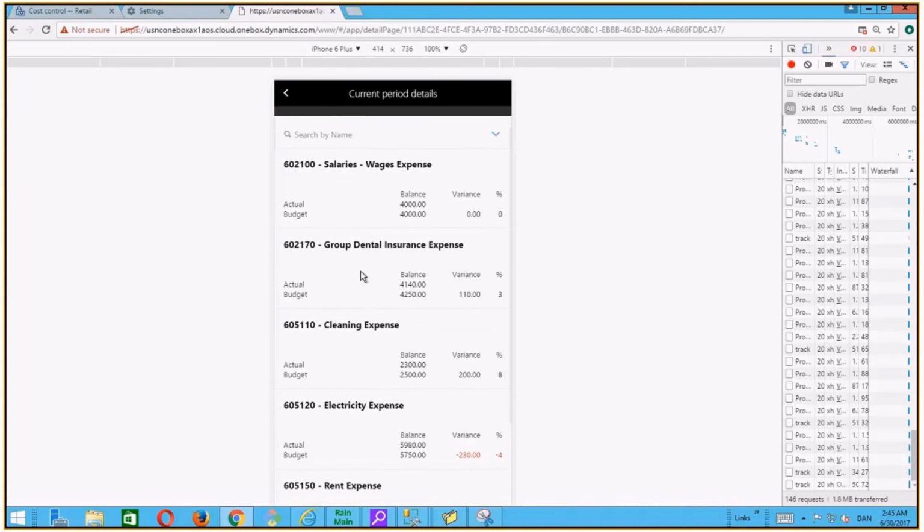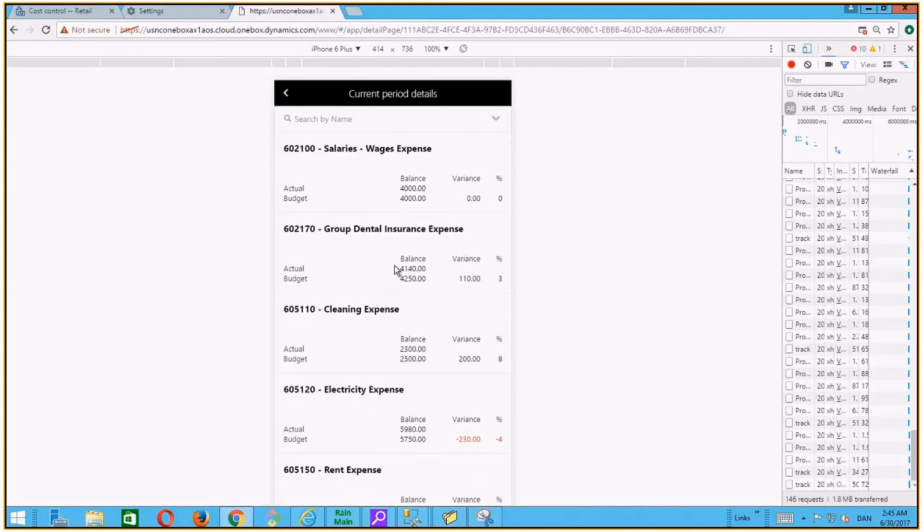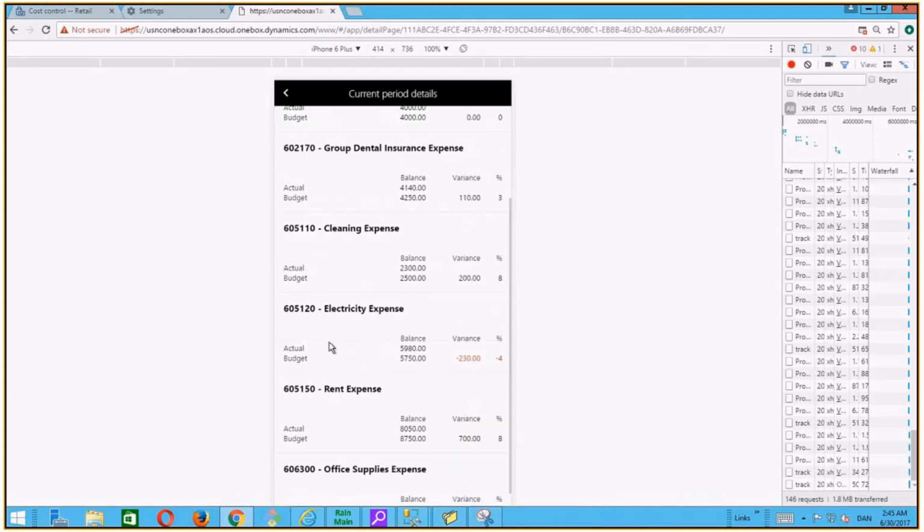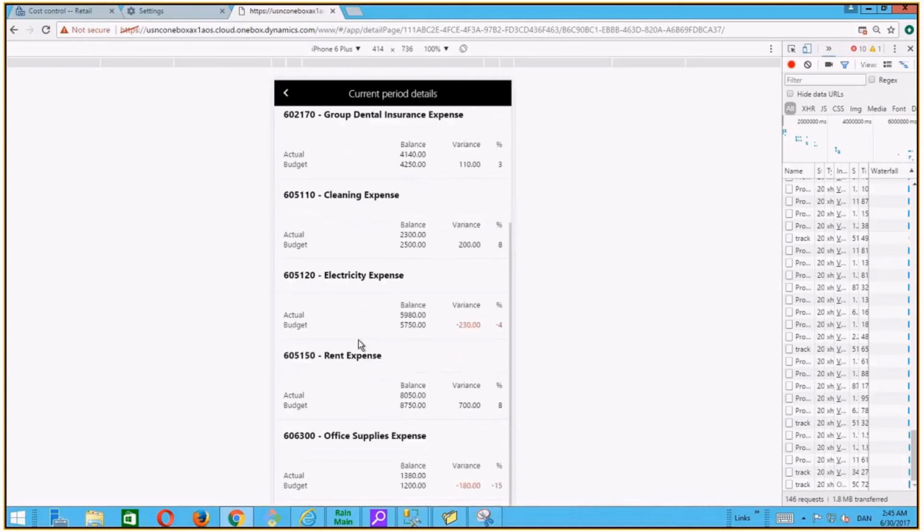We can see my dental expenses are doing pretty okay; my actual cost is below my budget. And if we go down to my electricity expenses, we can see that I'm above budget, and that's why it's red, and we are 4% above our budget. And of our office expenses, we are even more, percent-wise, above our budget.